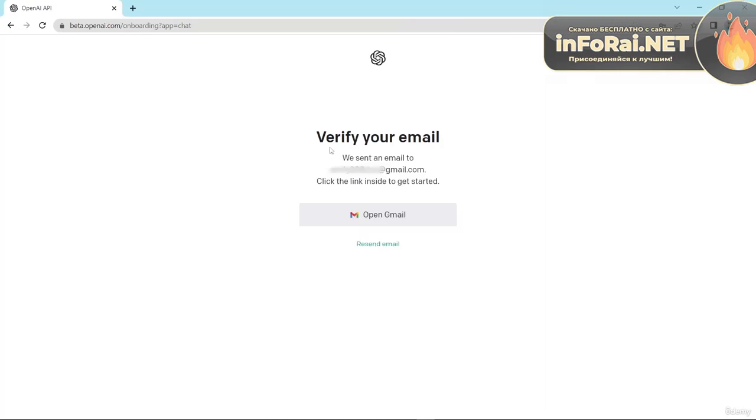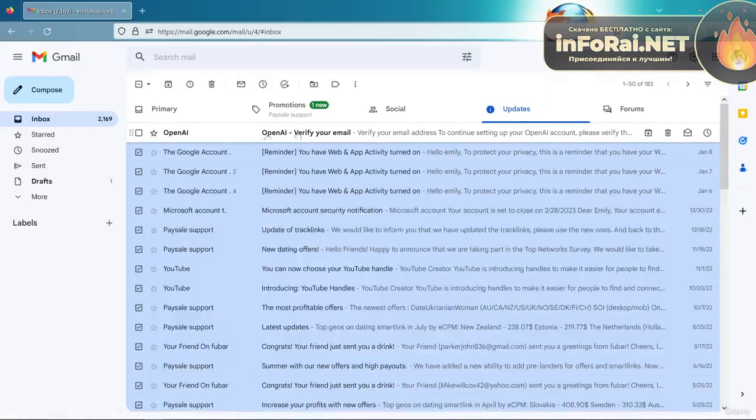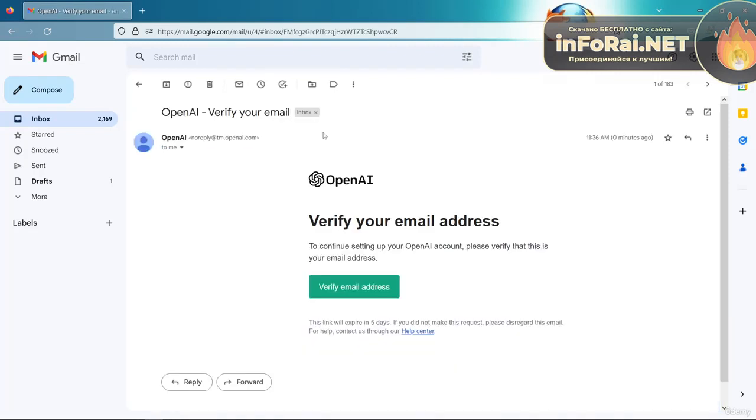Look at this. Verify your email. We send an email to your email address. This email, right? So we need to check this email. This is an email from openai.com for verification, right? So now click this email and